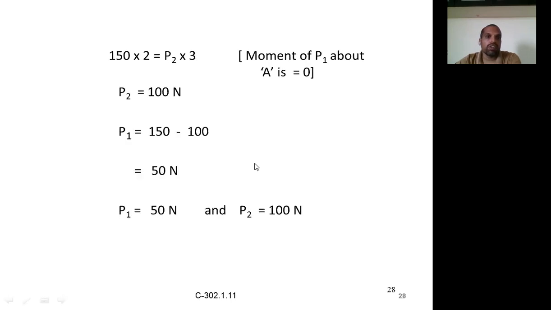So this is about the different equilibrium conditions, and we have discussed unlike parallel forces, finding the resultant of unlike parallel forces and the line of action. Very important is the line of action we have found. We also discussed the equilibrium conditions: sigma H is equal to 0, sigma V is equal to 0, and sigma M is equal to 0. That means the algebraic sum of horizontal forces is 0, the algebraic sum of vertical forces is 0, and the algebraic sum of moments is 0. That's what we have discussed in today's class, right? So let us stop here.